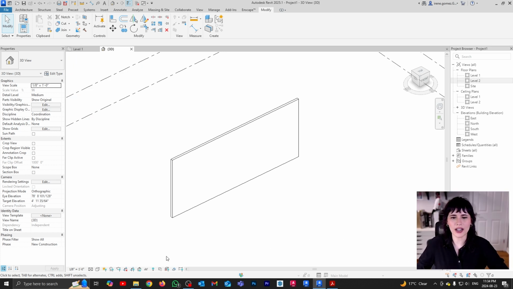Then moving along here on the bottom left corner, we have our view controls. So this is basically going to allow us to change the way that we view things in Revit. So for example, you can change your scale, which is not really going to matter right now, but at some point, the scale is going to be very, very important. You can change the level of detail. This is a very interesting one because